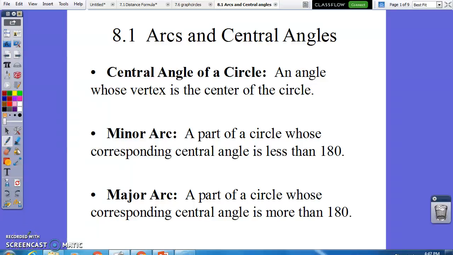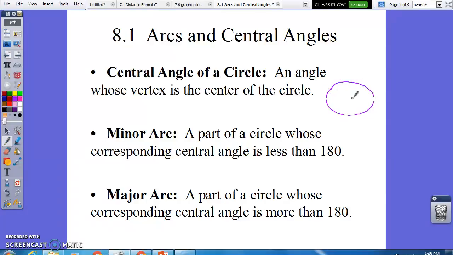Okay, this is going to be section 8.1, arcs and central angles. So to begin, you want to write down a couple of things in your notes. A central angle is an angle whose vertex is at the center of the circle. So as we begin chapter 8,